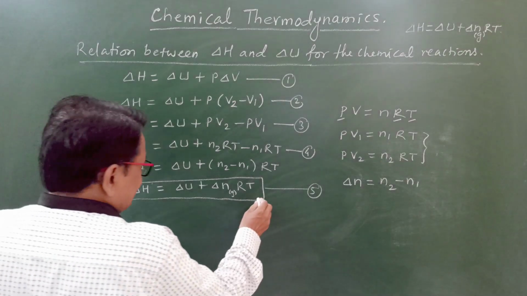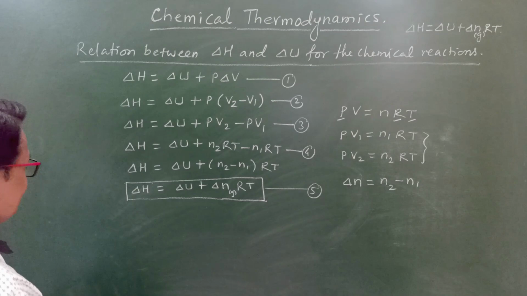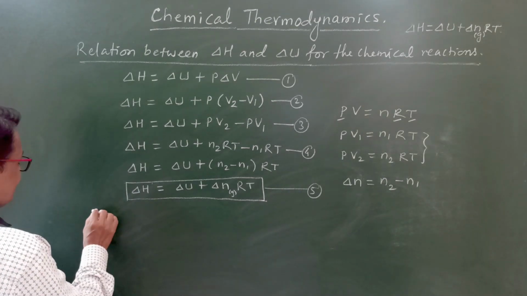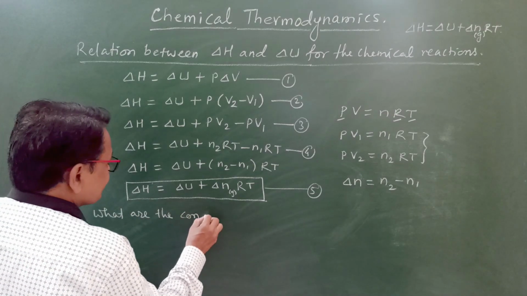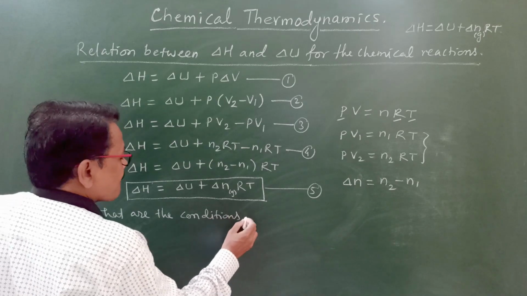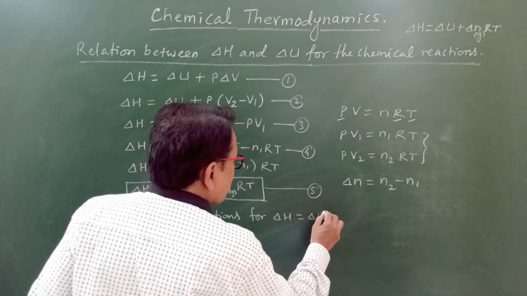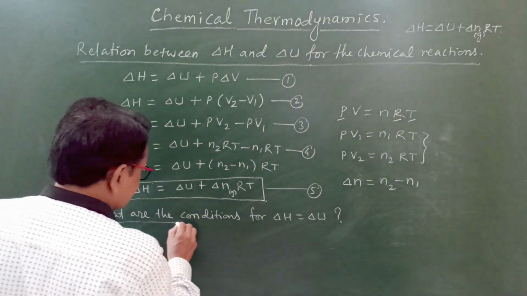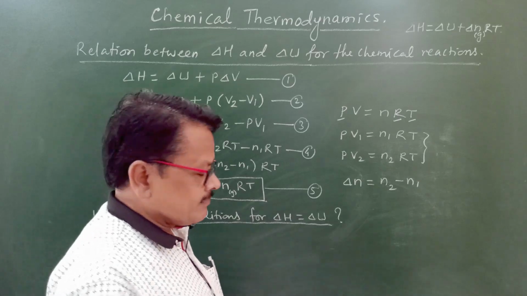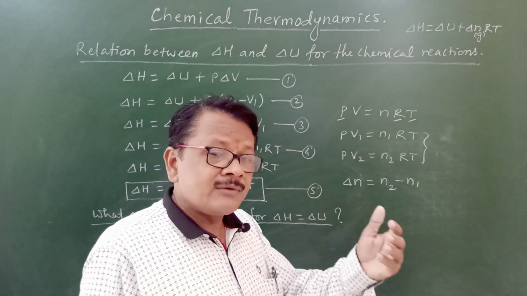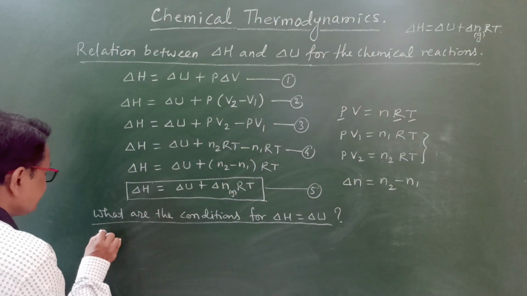Here also we have to see what are the conditions for delta H equal to delta U. So a question in the board exam may ask what are the conditions for delta H equal to delta U. There are three important conditions when delta H will be equal to delta U. What are the three conditions? You see here, first condition,